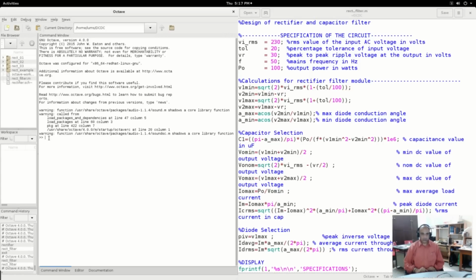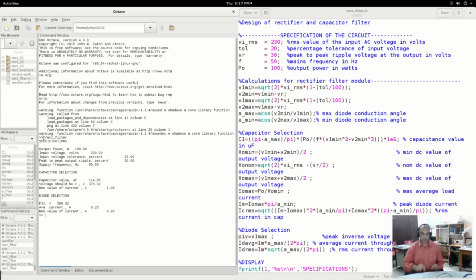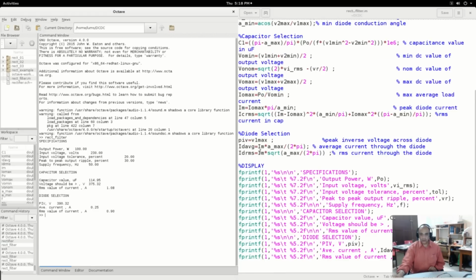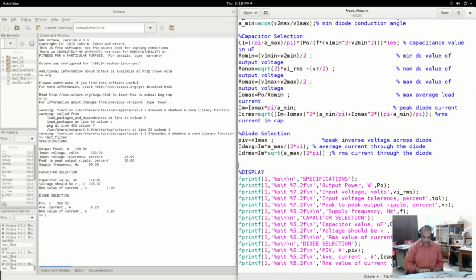So you go into the Octave workspace. What you would do is just run the script file. So we know that the name is rect_filter.m. You just do that, rect_filter. Don't give the .m extension, just run it. So you will see that this gets executed. Probably it may be good to clear the screen before you run. So save that. Let me do that execution once again.